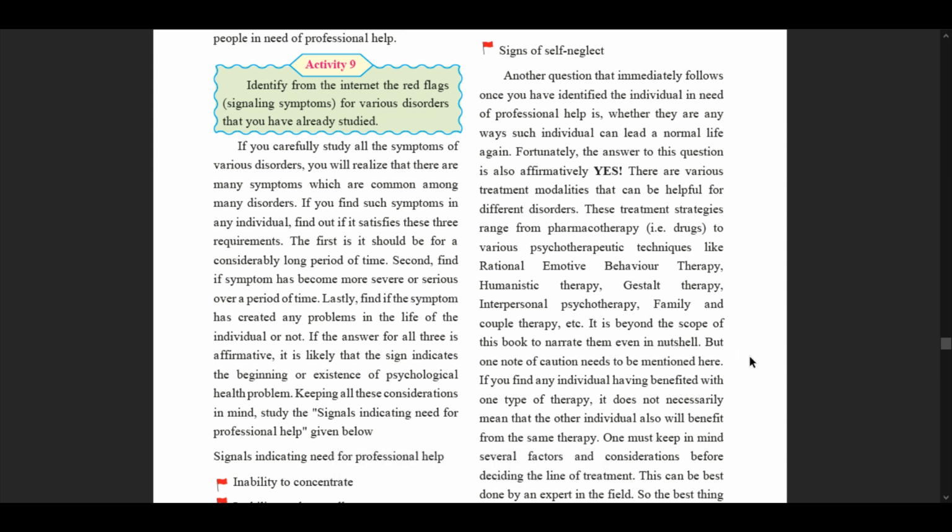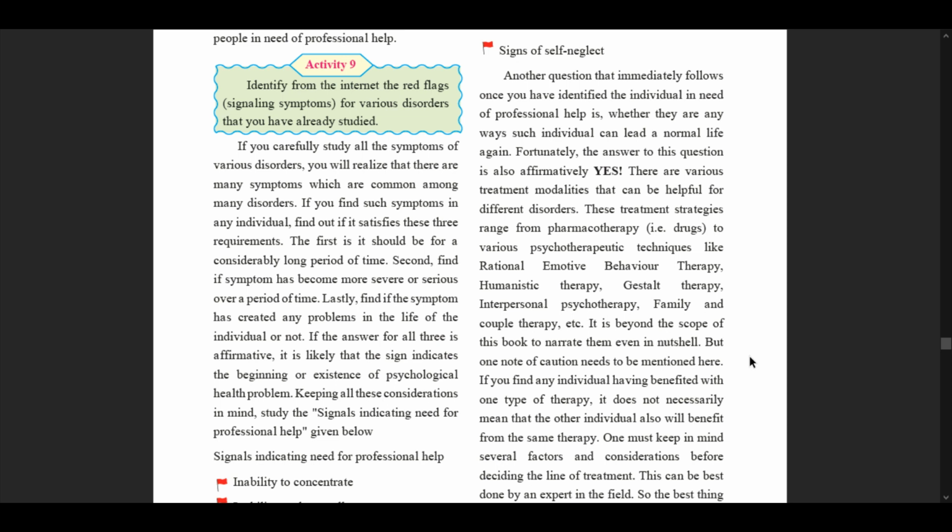Another question that immediately follows once you have identified the individual in need of professional help is whether in any way such an individual can lead a normal life again. Fortunately, the answer to this question is also affirmatively yes. There are various treatment modalities that can be helpful for different disorders. These treatment strategies range from pharmacotherapy, that is the use of drugs to cure an individual, or various psychotherapeutic techniques like rational emotive